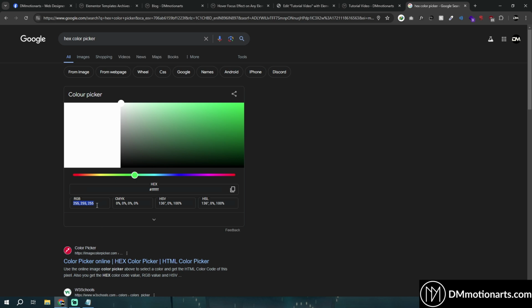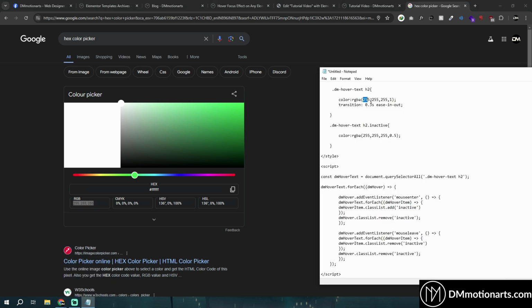So this is 255, 255, 255. But this is RGB, but we have RGBA. You could see, and A is basically opacity. So 0 would make it invisible, 0.5 would make it like 0.5% of visibility, and 1 would make it fully